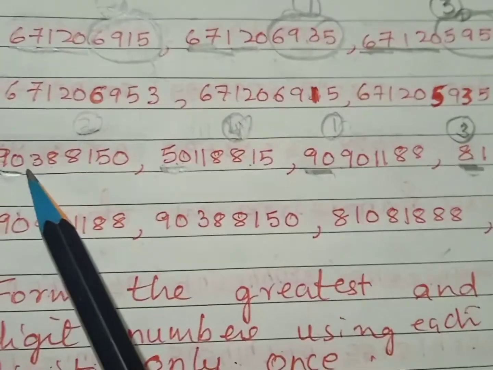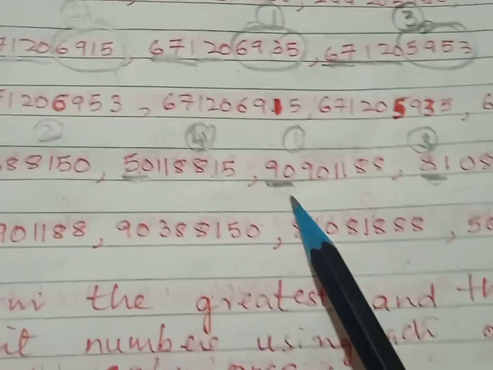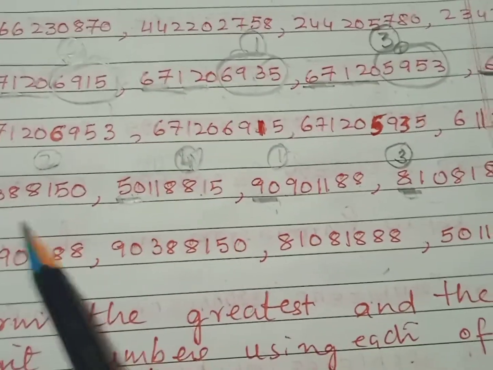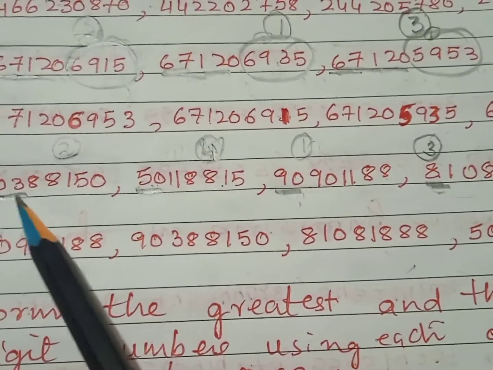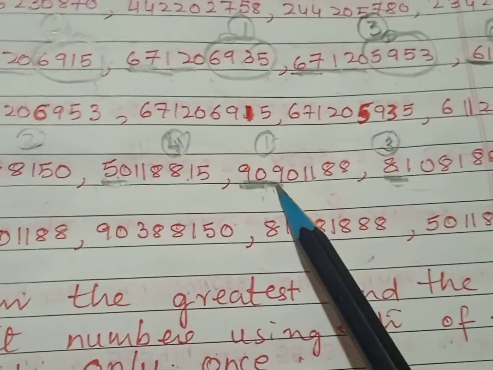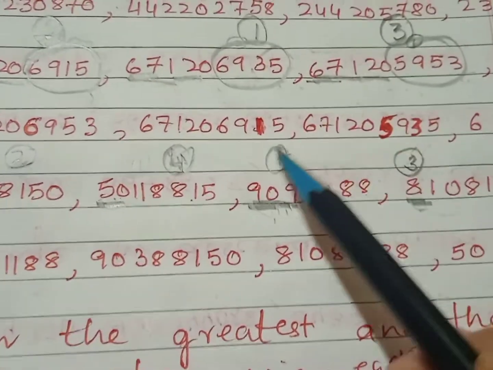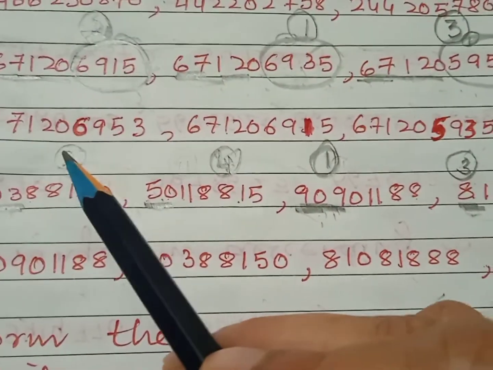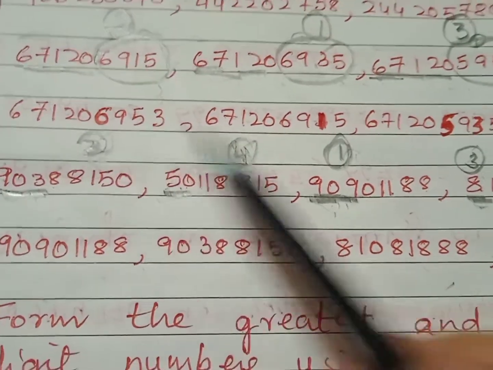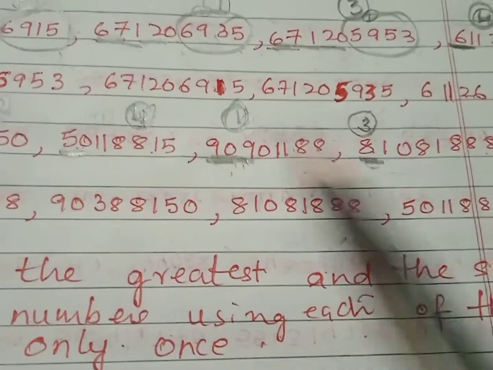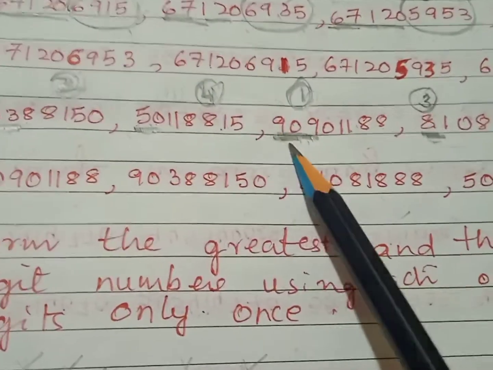Now we have to decide between this one and this one, which one is bigger. Okay. Now we will go for the third digit, 903, and here is 909. So 909 will be definitely bigger than 903. So we mark 1 as 909 and mark 2 on 903. Now we've marked all the orders 1, 2, 3, and 4. So we write it down according to this order: